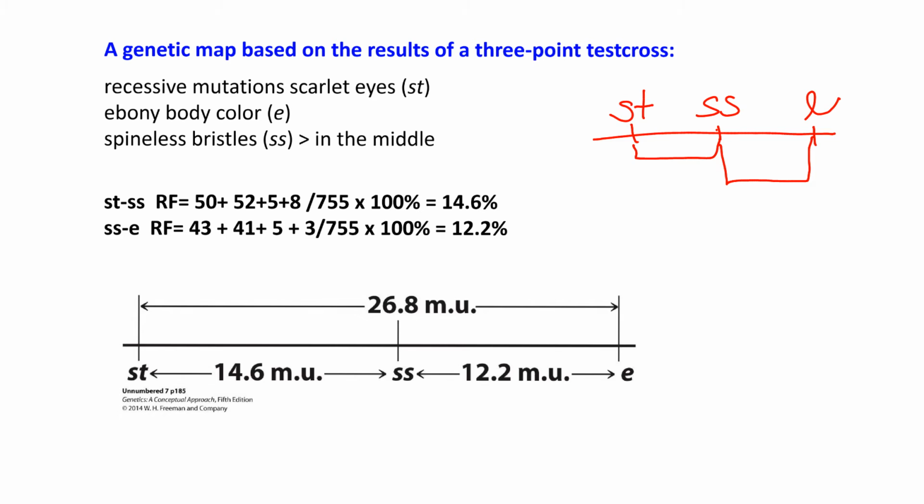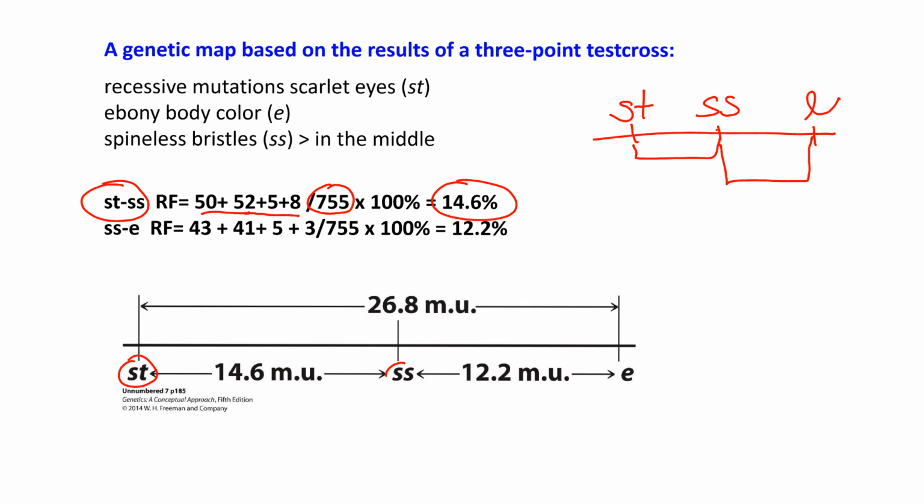So for ST and SS, you go again to table 7.13 and look for single recombinants between genes ST and SS, which you will find is 50 plus 52. And be careful: double recombinants also comprise single recombinants between these two genes, so you have to add the double recombinants too. You divide by the total number and you see that the percentage of recombination is 14.6%, so the distance between ST and SS is 14.6